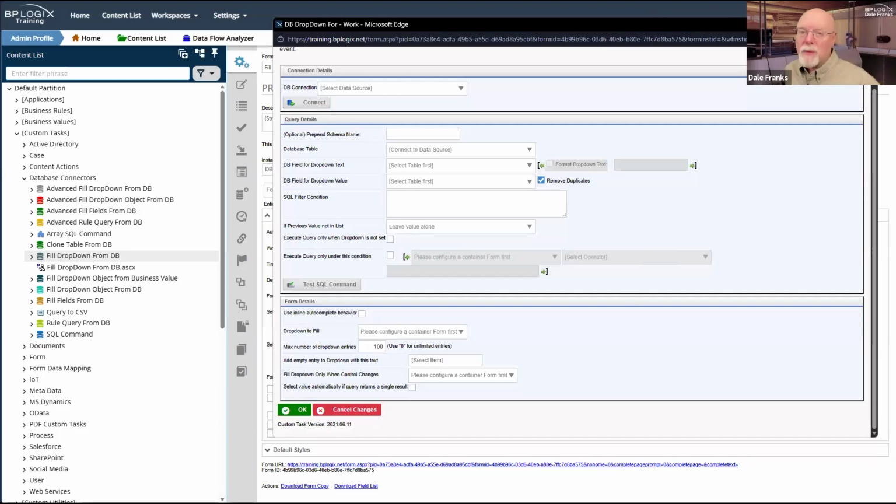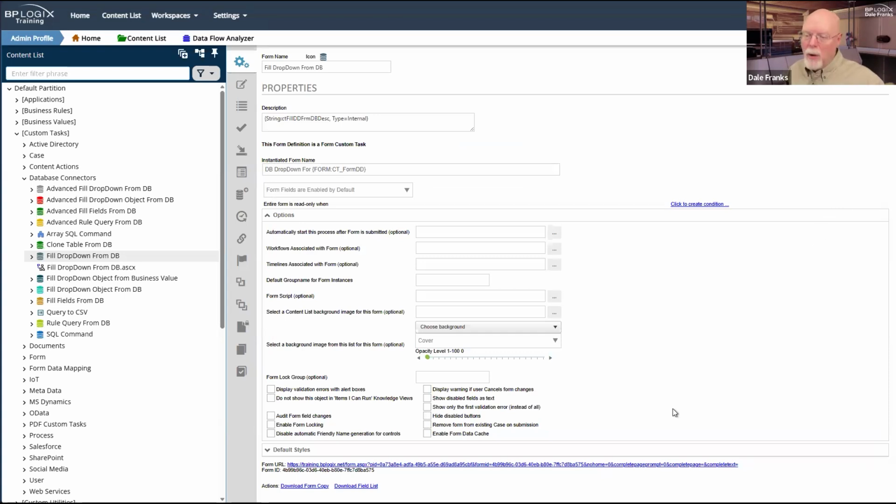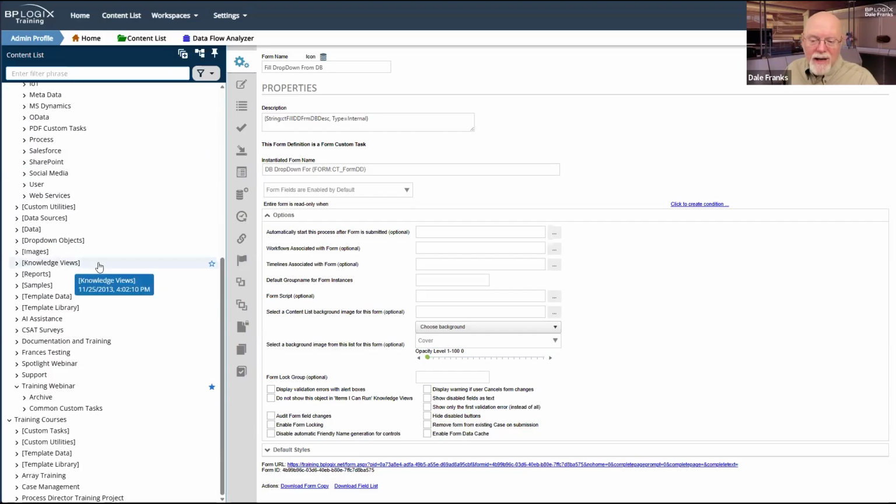Now, if you've been a customer for a while and you have these custom tasks, we are not going to pull them, even though they're deprecated. All that means is you shouldn't be using them for new stuff. But I mean, you may have years worth of legacy stuff that has several of these custom tasks configured. We have to keep them in the product for backwards compatibility. But we'd probably never use these. And in general, if there is a UI method, you should use that.